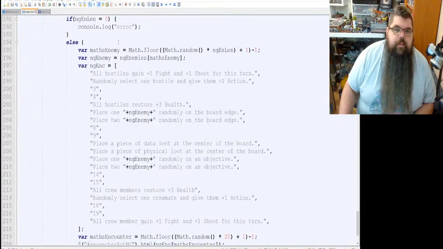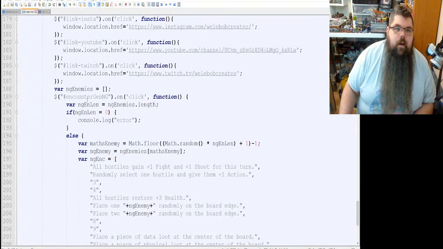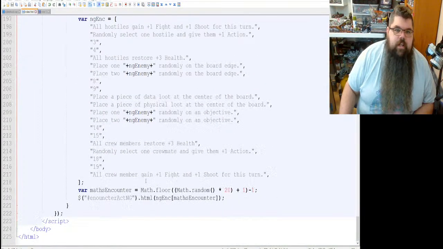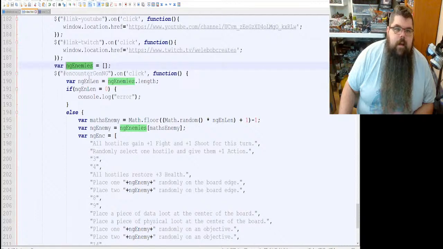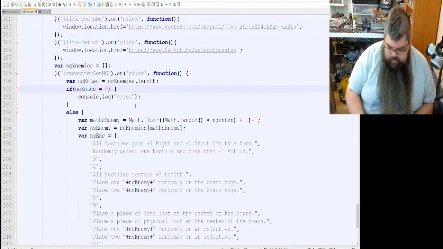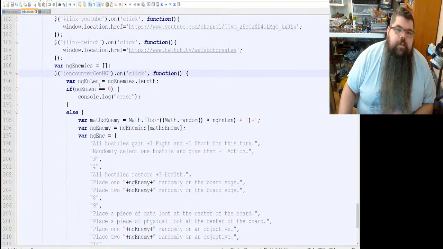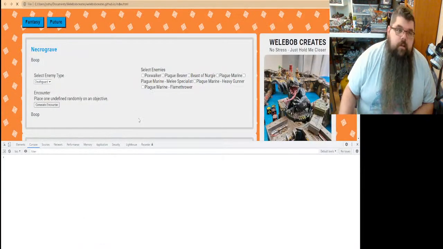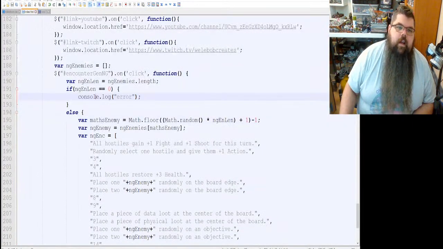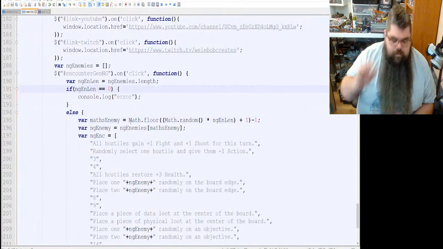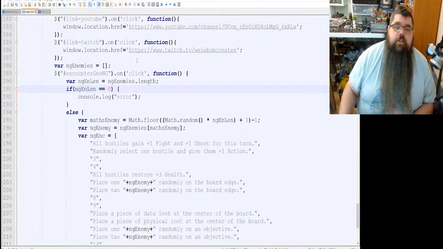Okay, so this is pulling correctly from NG enemies, right? There's just nothing right now. I should actually, let me refresh it. Okay. Alright, see. So we fixed our error handling here. I had only a single quote. I needed at least a double quote. I could do a triple quote here, but I'm not going to.